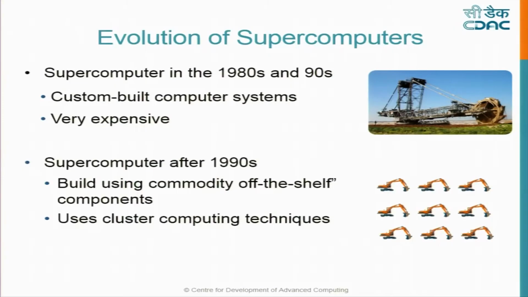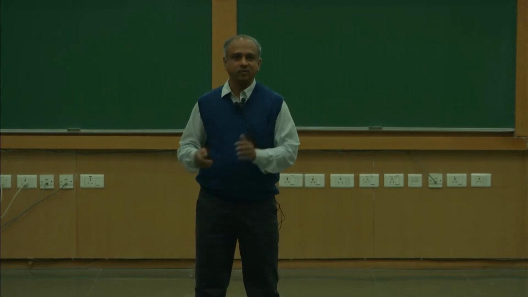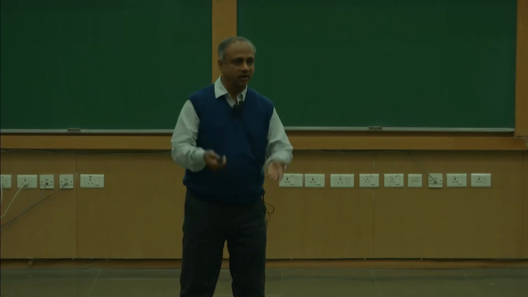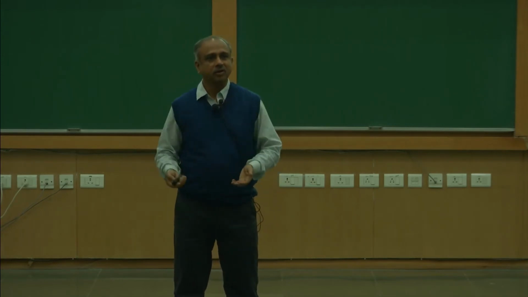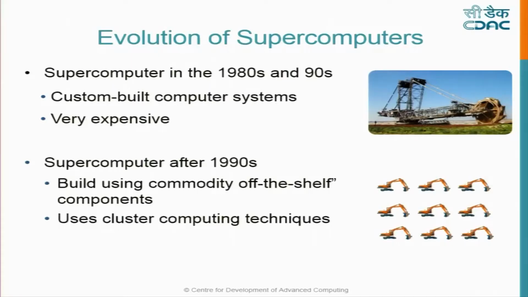That's what we do. Build with commodity off-the-shelf components. So you have a server class machine. If you take 10 of them, you will get some compute power. You connect 20 of them, you will get theoretically double the compute power. You put 10 times that, you will get 10 times the compute power. So this is the technology that is used today, which is called cluster computing, that is multiple instruction, multiple data. But then you need a high-speed network to connect these compute elements. So that is what is shown here.